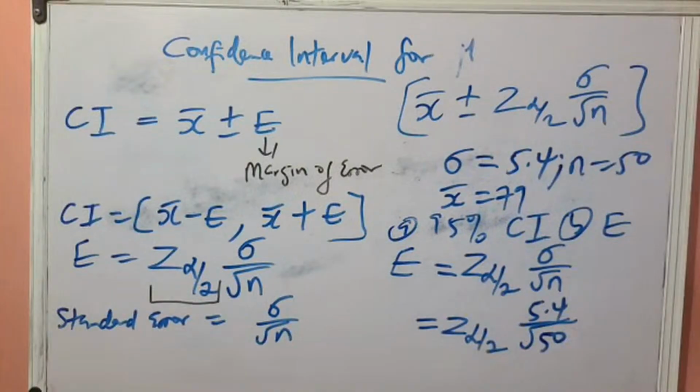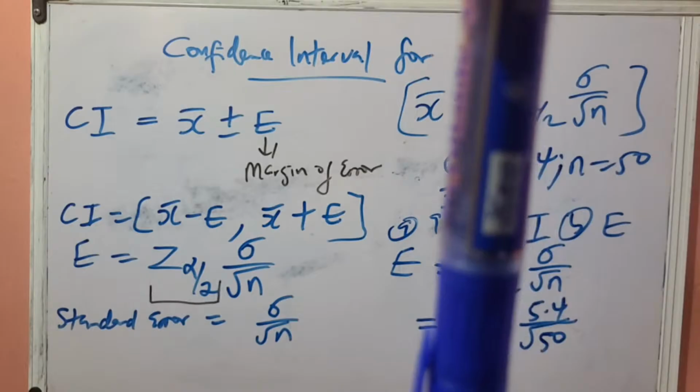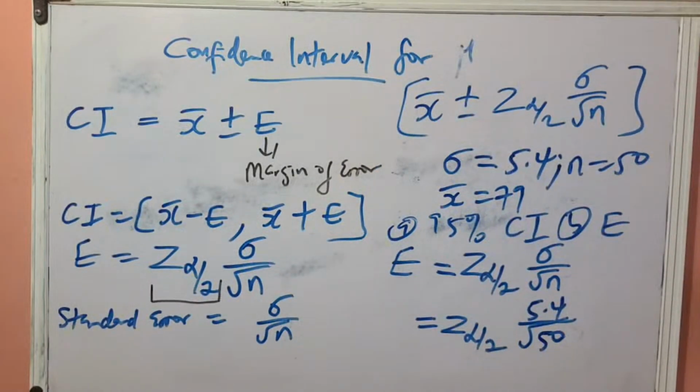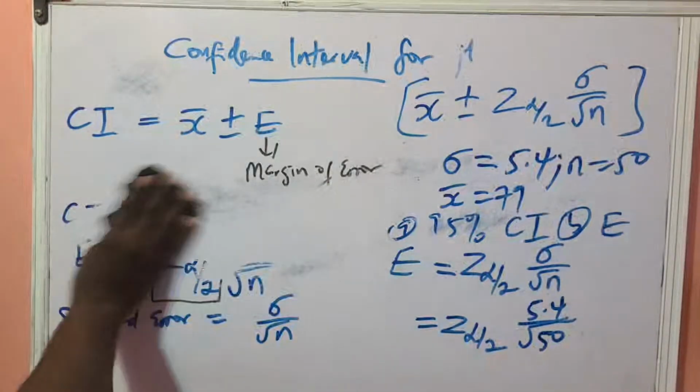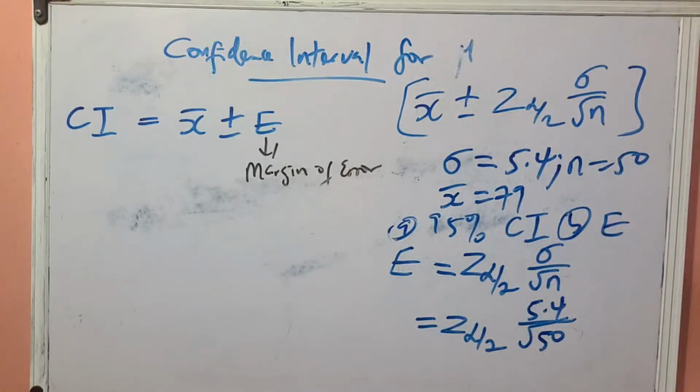Now, let me explain to you how to find the critical value. Of course, that's very simple. I don't believe anybody here wouldn't know how to find that. But let me just explain it for the sake of this particular class. To find the critical Z score,